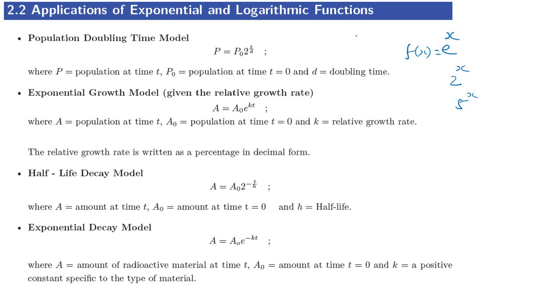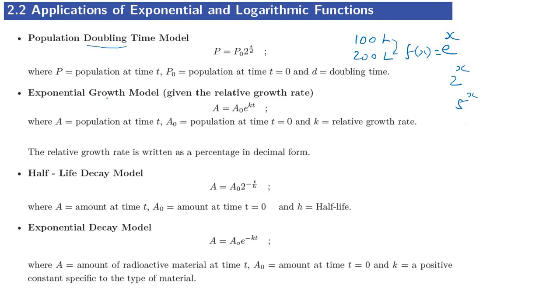So today it is, for example, 100 lakhs, okay. In how many days will it become 200 lakhs, okay. If we find in how many days it will increase, then we are able to find at what speed it will increase, using the population doubling model. So in this one the keyword is doubling, the word doubling.